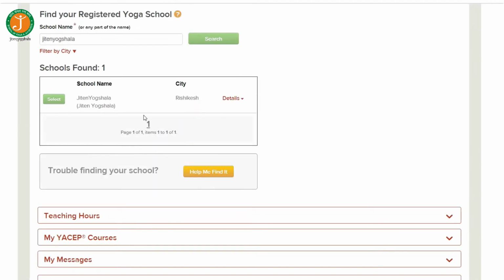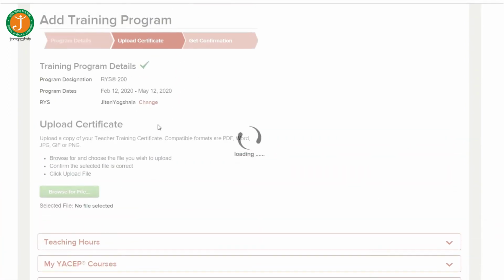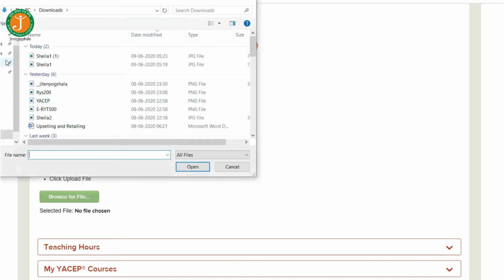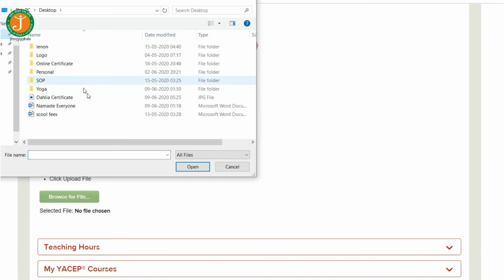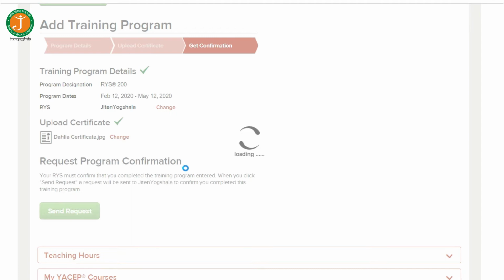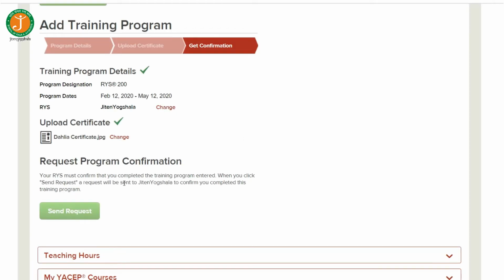Now, once you find the school, select it, and the next step would be to upload the certificate. Make sure you already have a scanned copy of your certificate on your computer. Once the certificate is uploaded, click on the Send Request button.